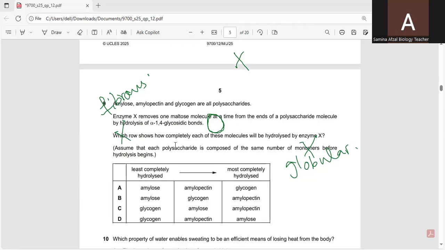So I'm going towards question number 9. Question number 9: amylose, amylopectin, and glycogen are all polysaccharides. Enzyme X removes one maltose at a time from the ends of a polysaccharide molecule by hydrolysis of alpha 1,4 glycosidic bonds. So which row shows how completely